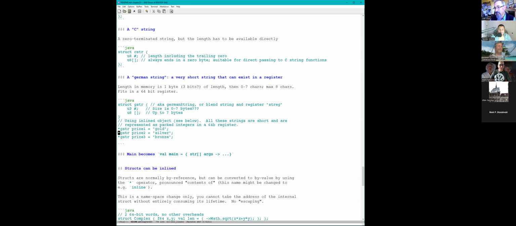The thing that you would need the compiler to do is to promise that if you take the contents of a struct whose entire length fits within 64 bits, that contents-of just makes a value in a register. Even though you started with a reference somewhere and you said contents of, it doesn't load 7 bits at a shot and shuffle and pack and unpack. No, it says, suck the whole thing up in one word and away you go. Fine.